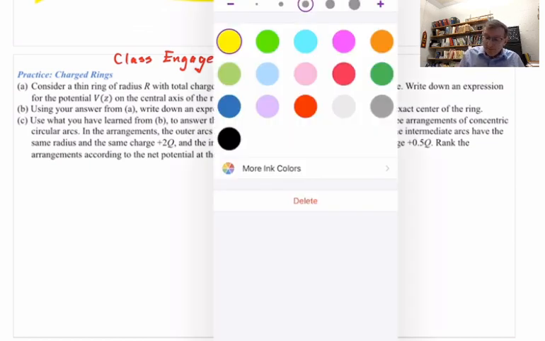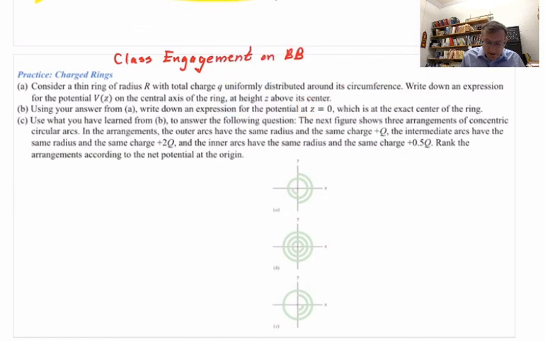Here's the first part. Consider a thin ring of radius r with total charge little q uniformly distributed around its circumference. Just a ring. Write down an expression for the potential V of z on the central axis of the ring at height z above its center. So in part A,